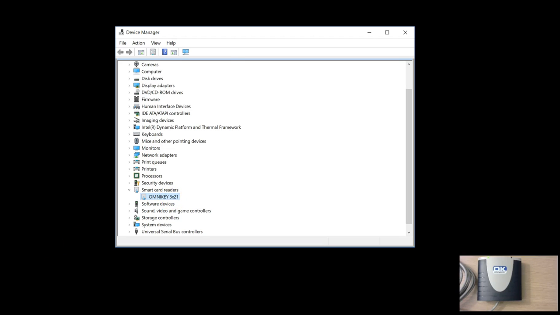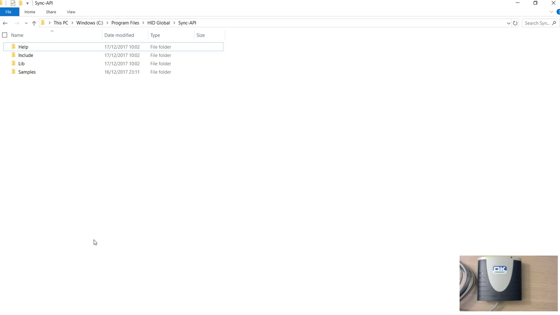Okay. Now, if you remember, I showed you a page on the HID Global website and mentioned the Synchronous API download. When you do that, it will run an installer. It installs probably some DLLs, and it creates a folder under your program files. It depends on which version of the API you installed. I have installed the 64-bit version, so it creates a folder under Program Files, HID Global Sync API, and